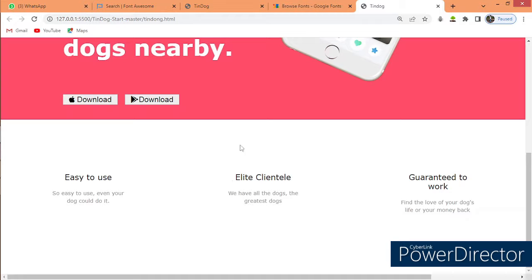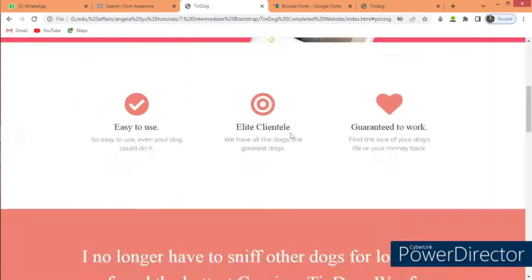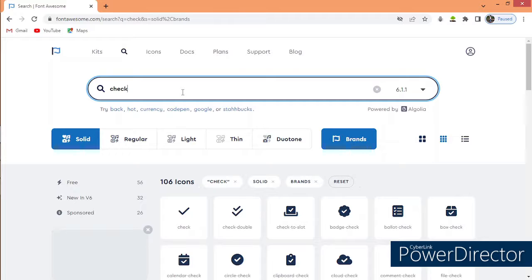We are going to get some font style and apply. But the next thing we need, as we can see here, is these icons. Come on, come back. These icons, you get it. So on hovering, it changes their color. Okay. So we need this. So just go into Font Awesome. First of all, we need a check. Okay, so